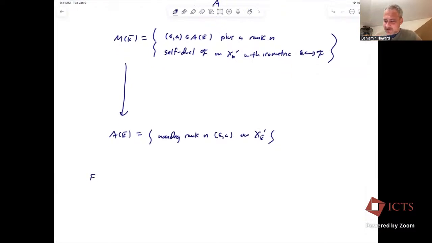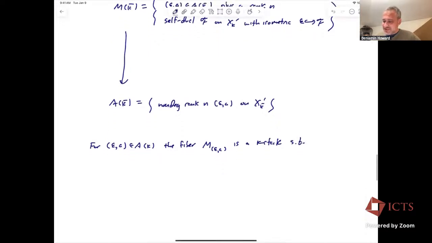So if I fix a k point downstairs and look at the fiber upstairs, the fiber M sub E A is a k-stack such that, okay, I mean, just